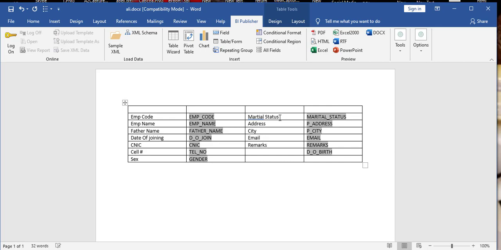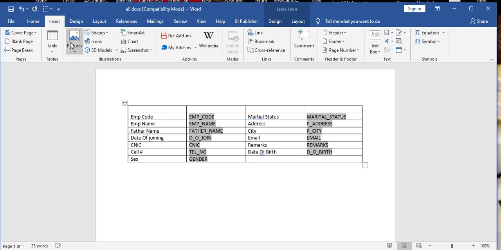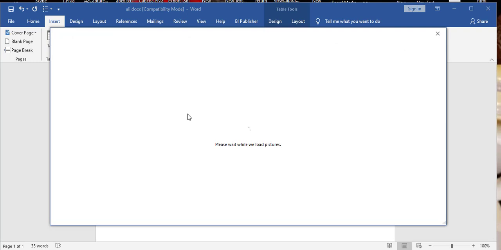You can create your own invoice format as well. Now I'm assigning a picture, an invoice picture. You can assign a picture from the Insert tab, Picture. Please wait while loading pictures.